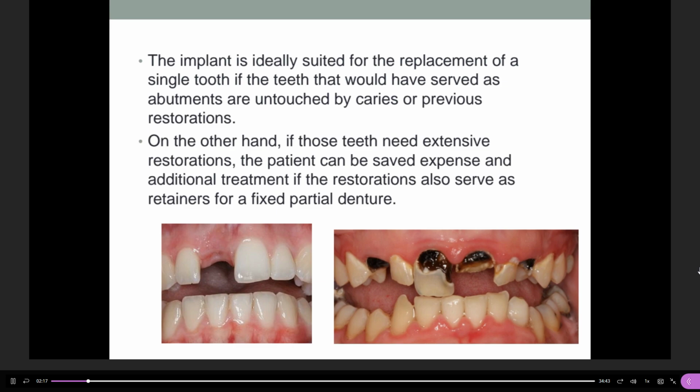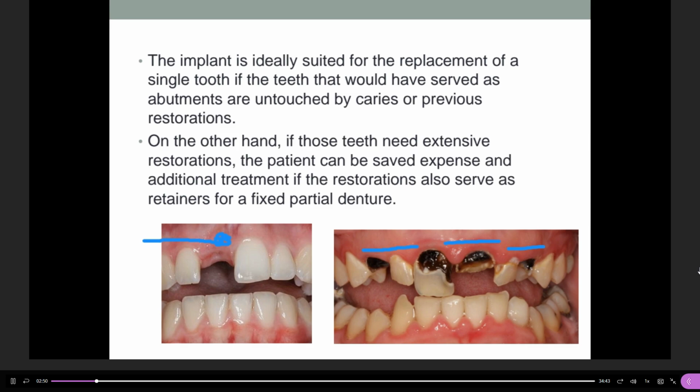So implant is generally suited for replacement of a single missing tooth. Like in this situation, if you look at this case, here you want to go with the implant as an option for replacement of a single missing tooth. But on the other hand, when you have a patient with multiple destructed teeth, you want to go with a conventional fixed prosthesis. Maybe try to save whatever you can, like endodontics, post and core, and then